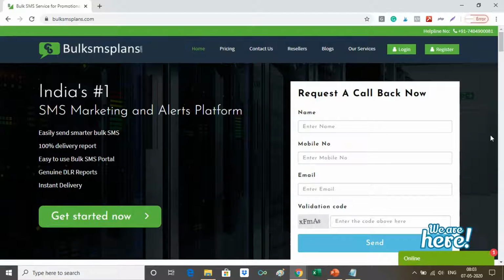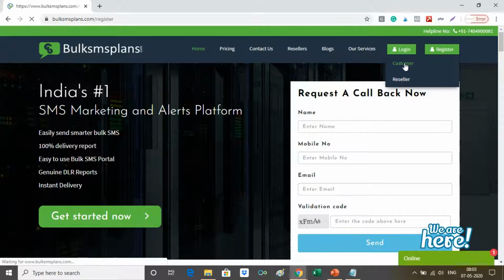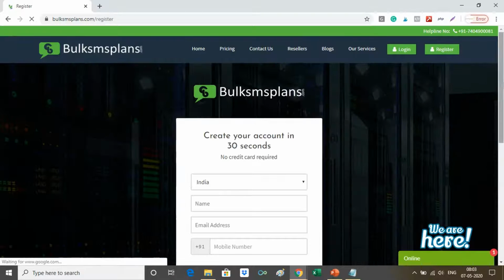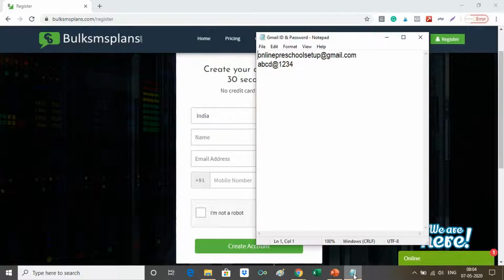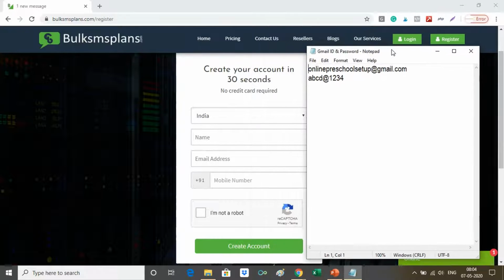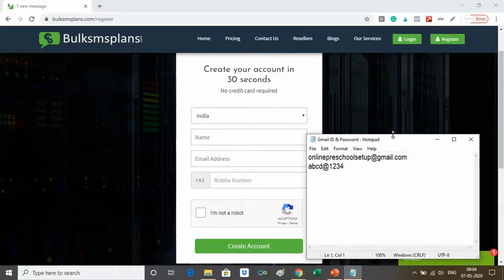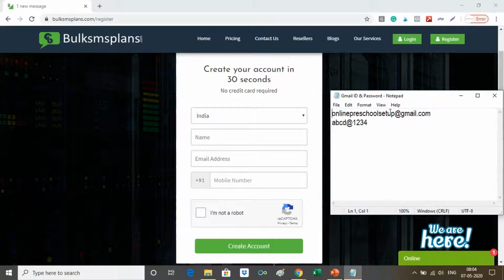Now, the very first thing that you need to do is get yourself registered on this portal. So let's click on register and click on customer. In order to get yourself registered, I'm going to use the same email ID as I've used for getting myself registered on Zoom.